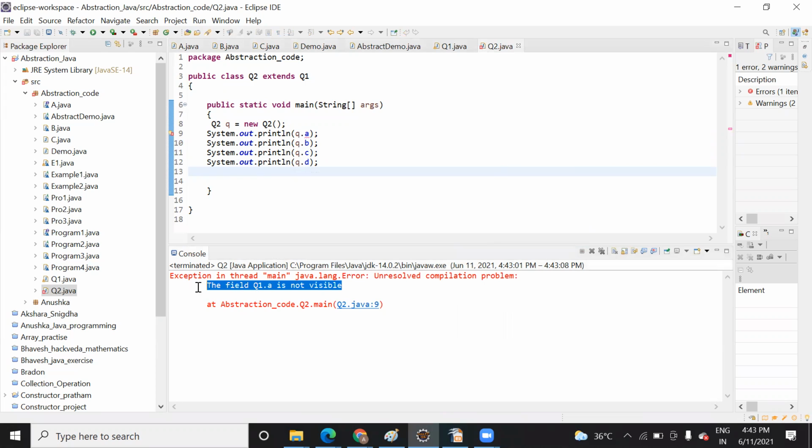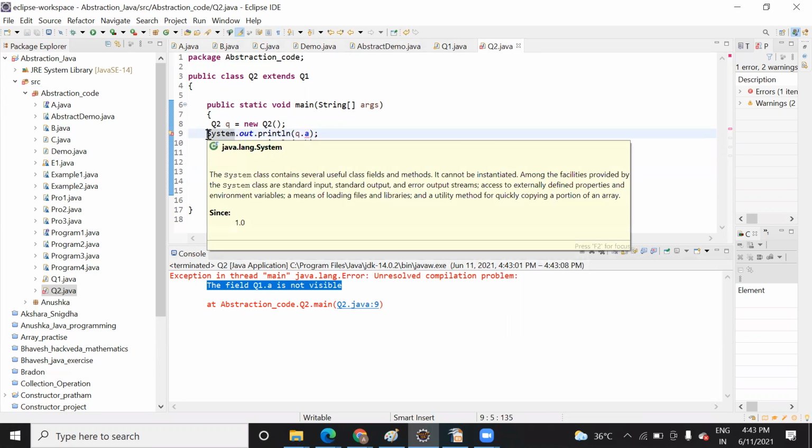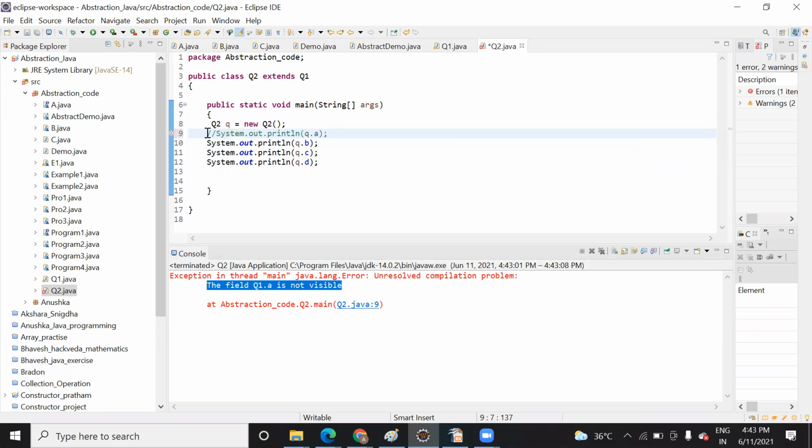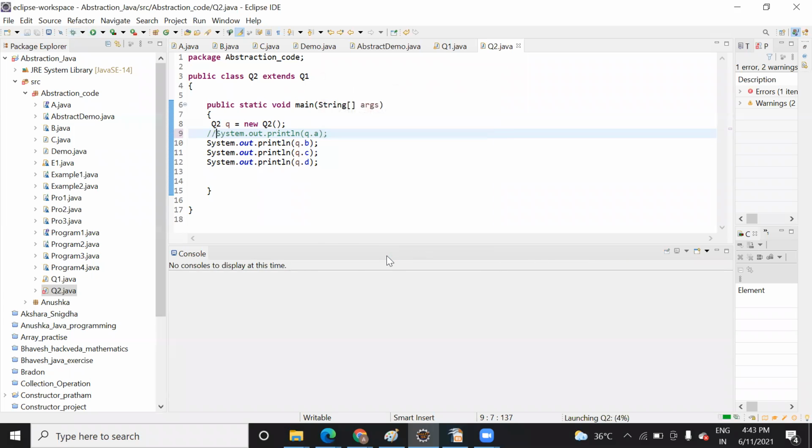As I said, when you declare any variable as private, that field will not be visible to the subclass. So it is not visible here. Okay, let me comment it and see whether it is working for the others. So it remains, meaning it's working fine for the others.